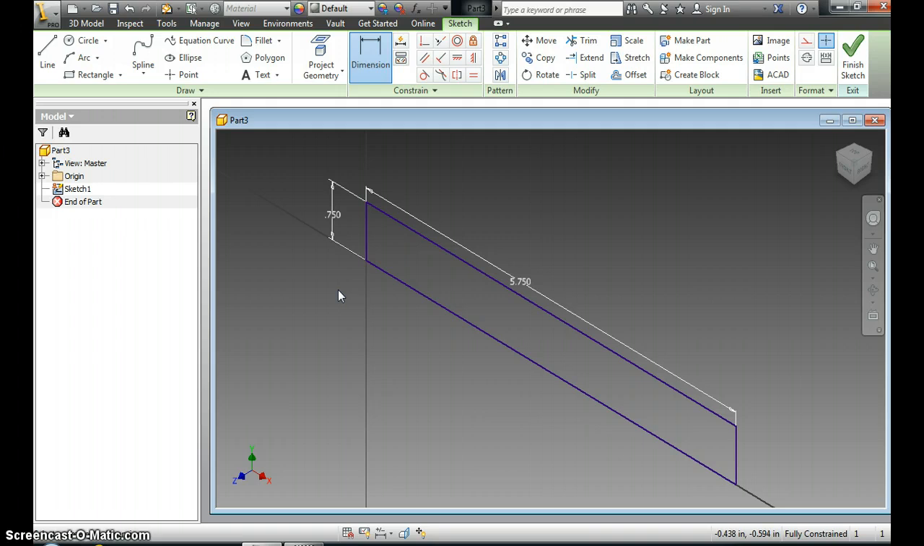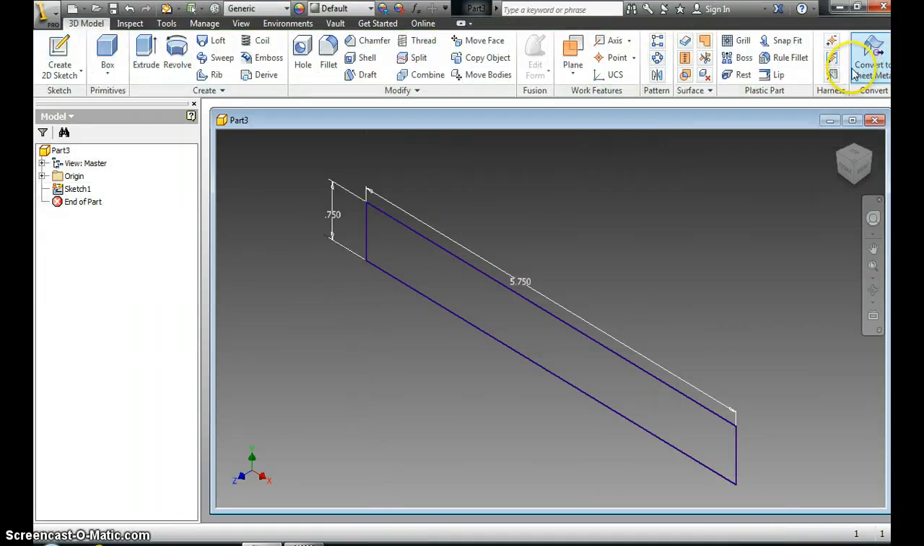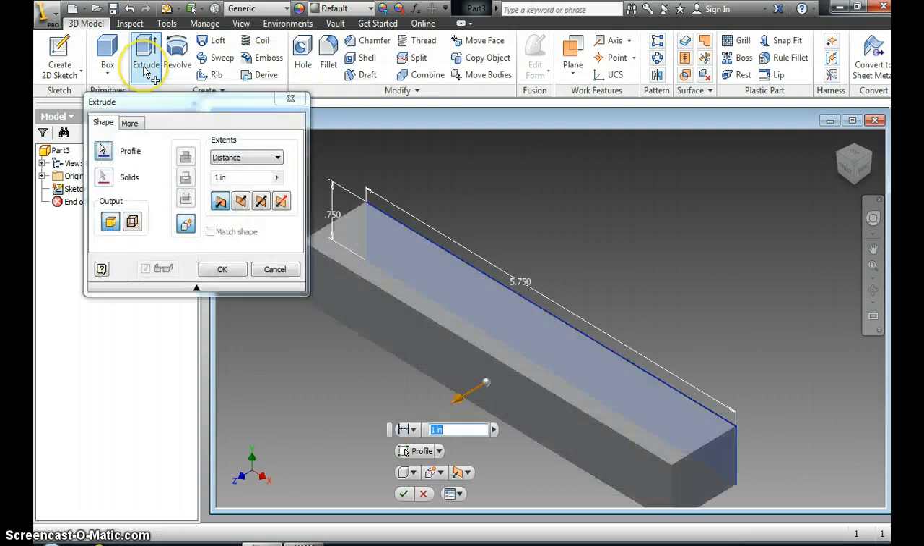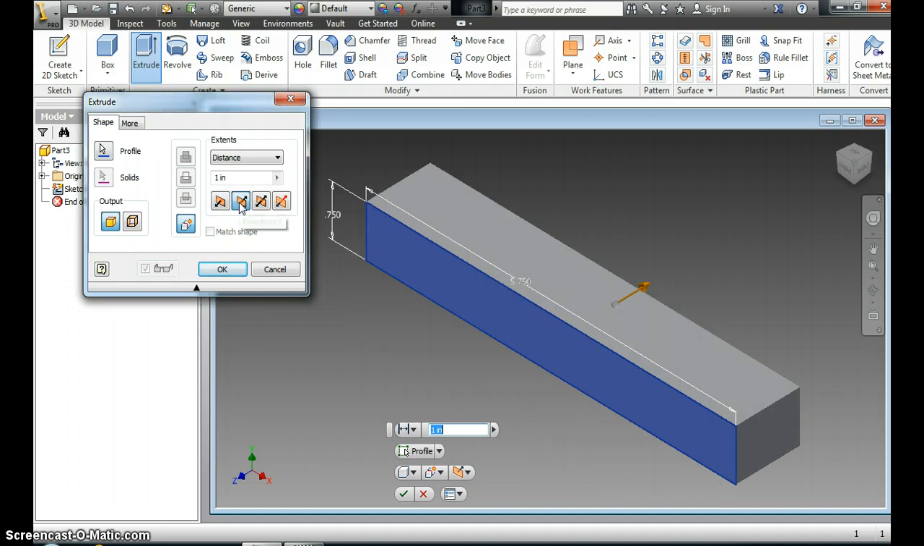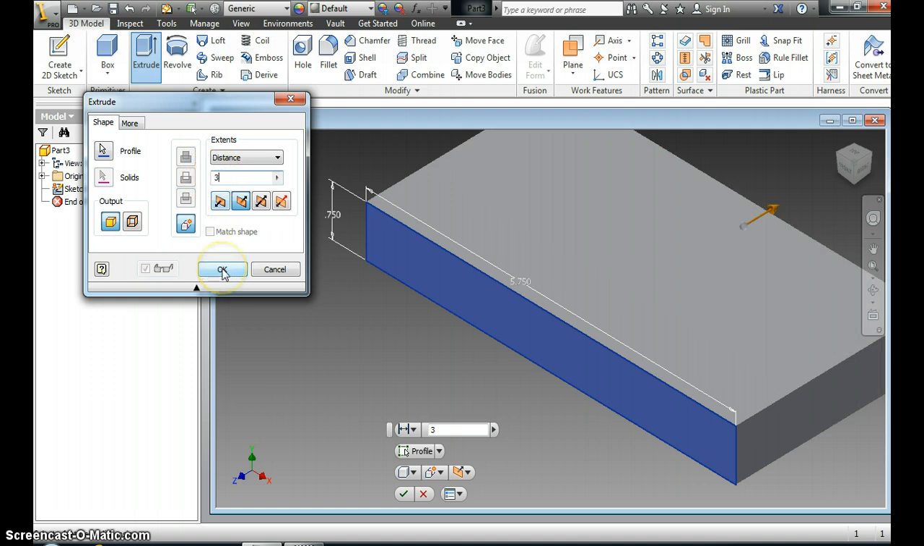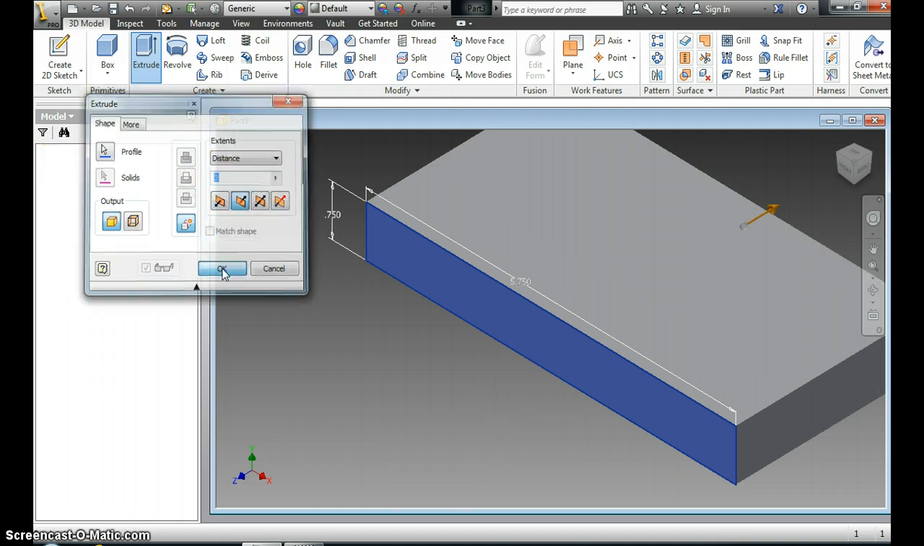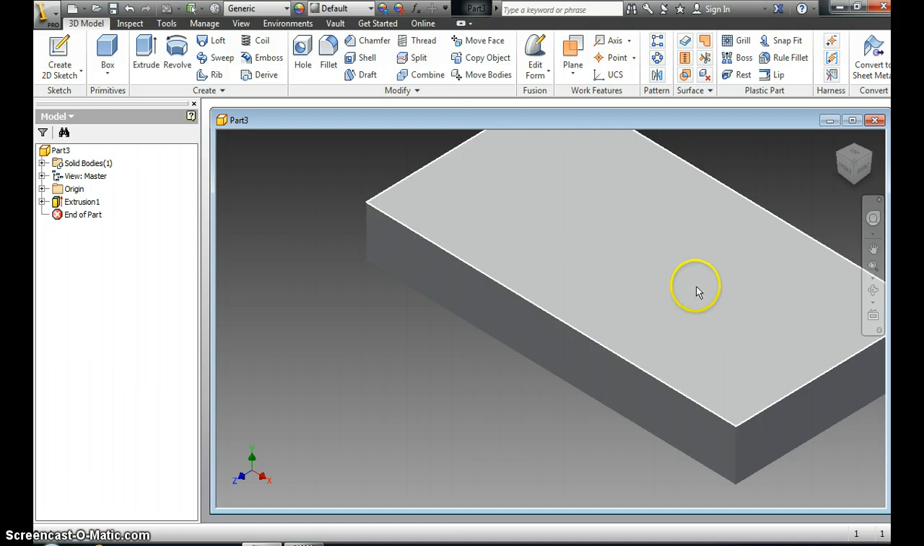Now I need to extrude it backwards 3 inches. So the first thing I need to do is finish my sketch, and then I'm going to choose this extrude button, and I'm actually going to change the direction of it with these 4 choices. You can change the direction of which way your shape is extruding. I'm going to go backwards to 3 inches. And look at that. It looks almost like my pegboard, except for it's missing the circle hole and the square